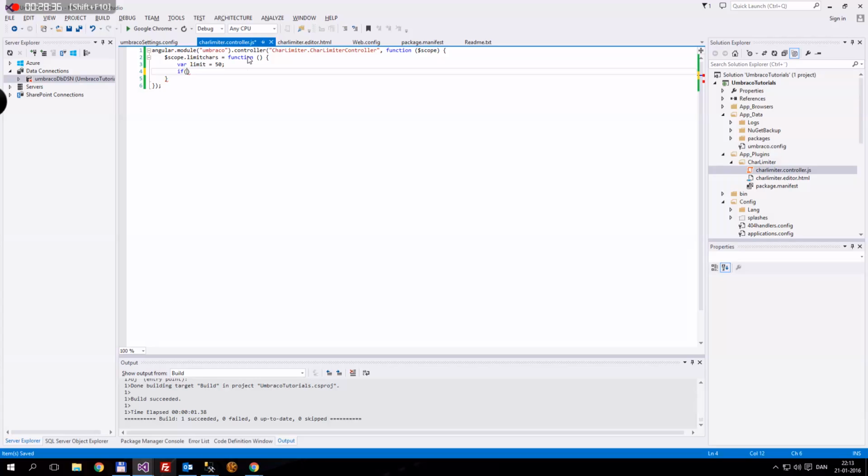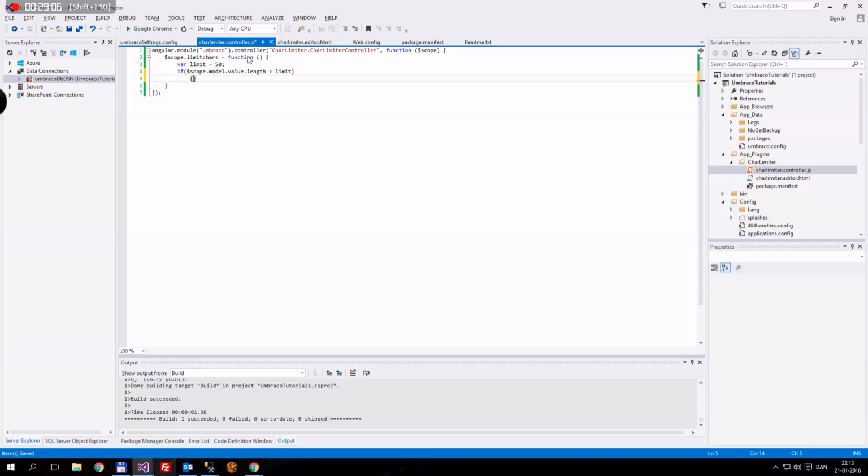And we're going to say if scope dot model dot value, not module, model dot value, that is what is in the text box, we just saw that before, and then the length. So we grab the length of it, and we say if that is greater than the limit,